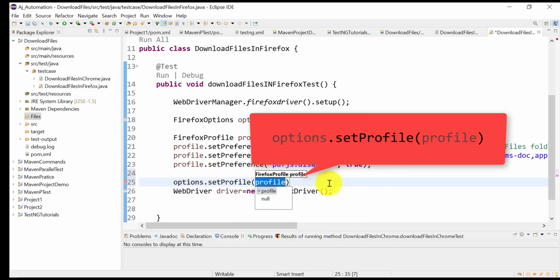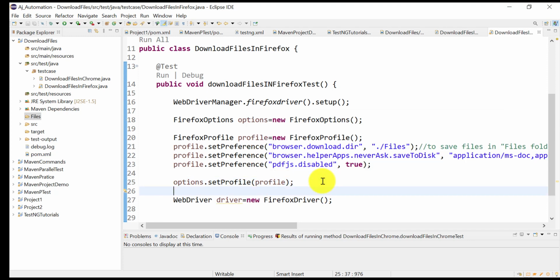This is the profile object, right? Save it, and now you can send these options to the Firefox driver. So now when the Firefox driver opens Mozilla, all these settings will be applied, and accordingly files will be downloaded.